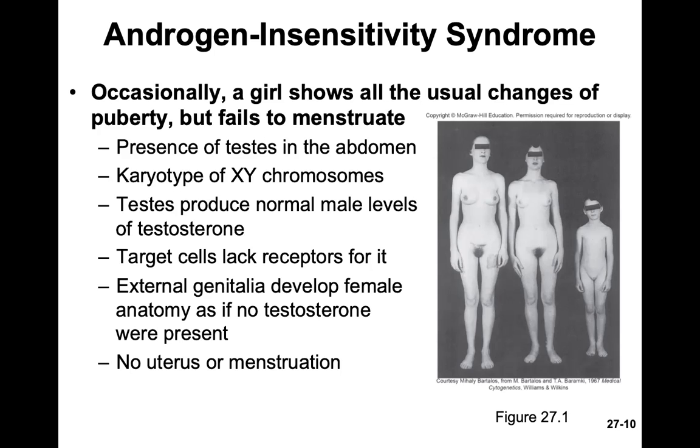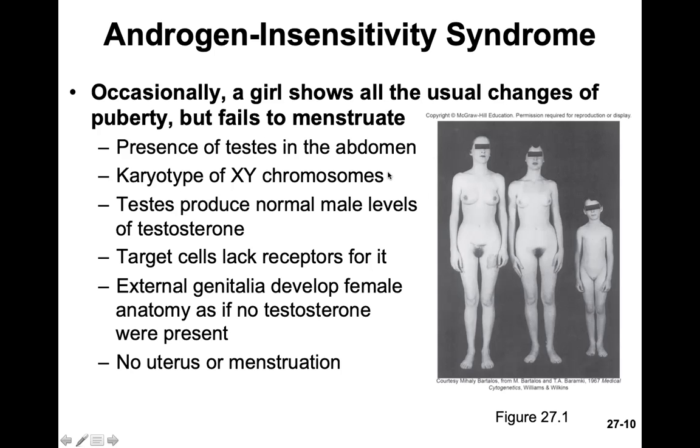the person. What they will find in this particular syndrome is that they actually have testes, but the testes are still in the abdomen. They have not descended. And when they do genotyping on this person, they'll find that the person is actually an XY chromosome. And you should remember from a couple slides ago, if a person has a Y chromosome, they're considered male. But in this person, because they have the Y chromosome, they're genetically male, but they have these female sex characteristics,